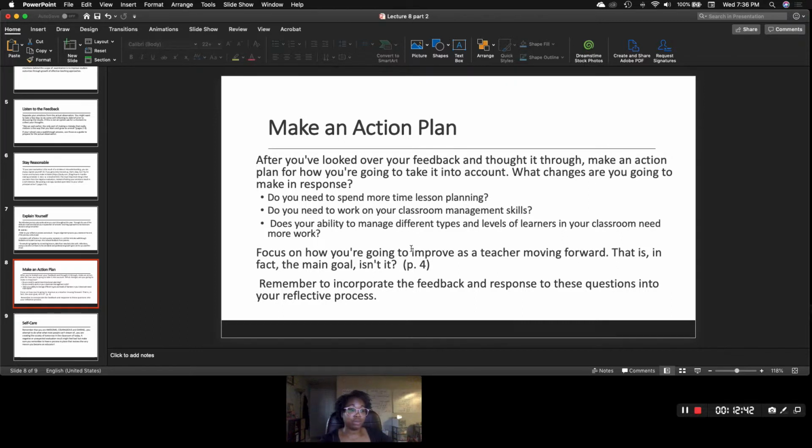Be sure to take notes during the observation on what is said and what is not said, or ask for an electronic version of the feedback that they state. Sometimes I've found that principals don't put everything in there. So they have this really long conversation with you that's elaborate with lots of details, and then they get back to their desk to fill in the notes, and then there's nothing there.